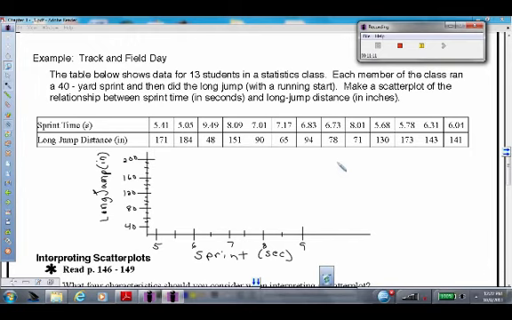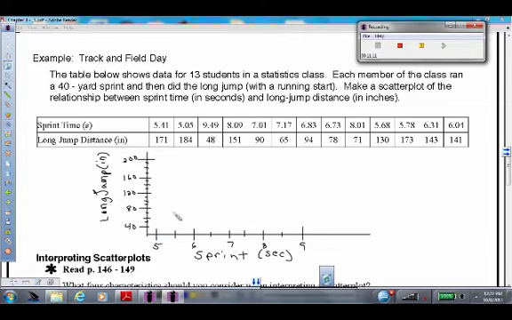Okay, so when we make a scatter plot, we have to decide which variable should go on which axis. Well, we're going to say that the sprint is our explanatory variable and the long jump in inches is our response variable. Notice that we're not starting at 0 here. That wouldn't make sense, 0 time. So what we are going to use is our sprint time in seconds, and each of these goes up by